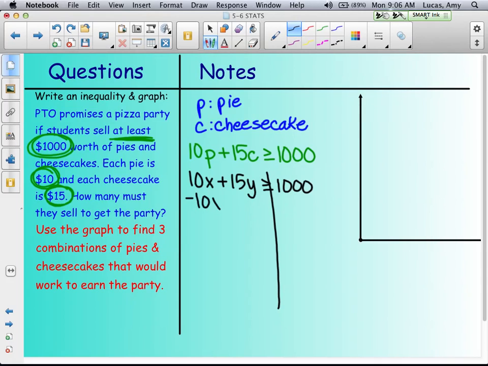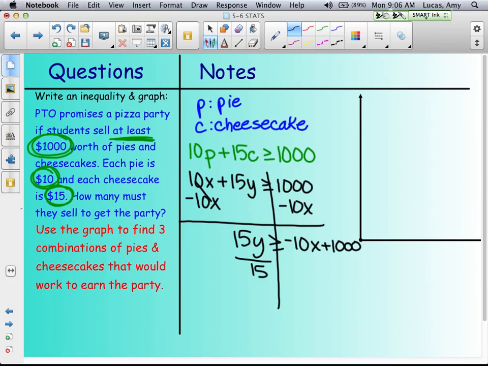So I am going to get this in slope-intercept form. So subtracting 10x on both sides. And then dividing everything by 15 gives me, if I reduce that fraction, I can divide by 5. So negative 2/3 x plus,